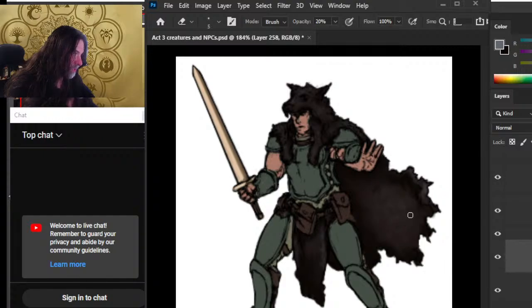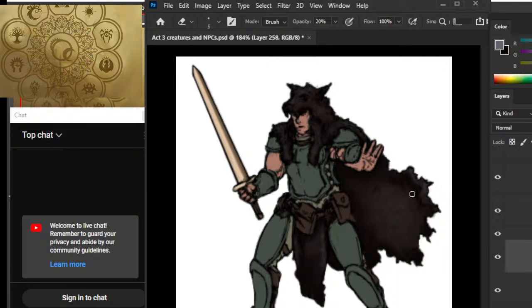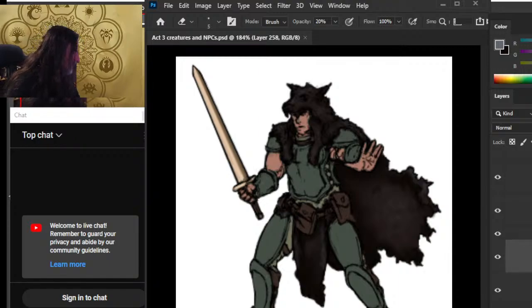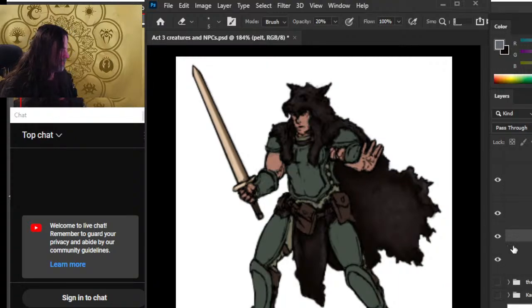The 20% strength means that every time I erase, I only get rid of 20% of the remaining pixels that are in place. So I can erode in steps the lighting that's at any particular location, or how dark the shadows are as well. So that sits pretty nicely. And where are we at? We're at 750, so I'm going to go ahead and put the brakes on it here. That's our pelt. So when we come back tomorrow, we'll finish the base armor.